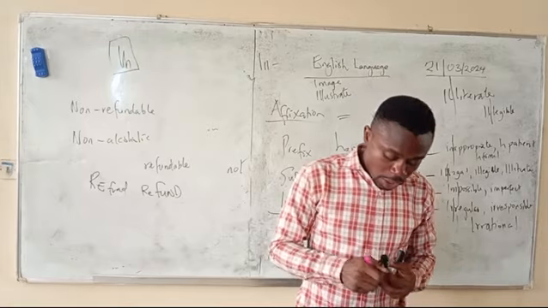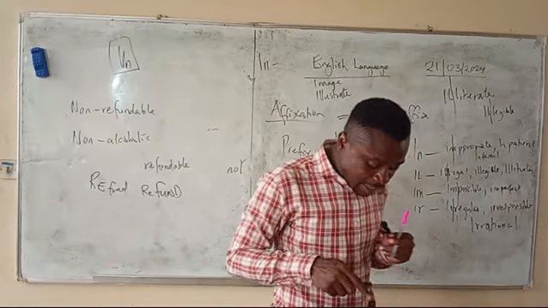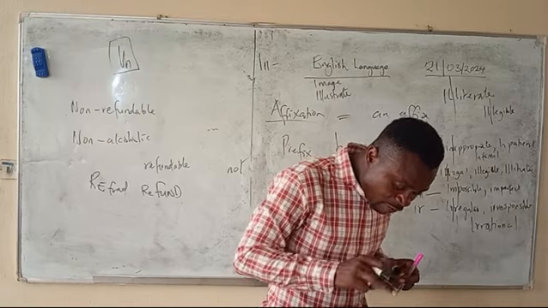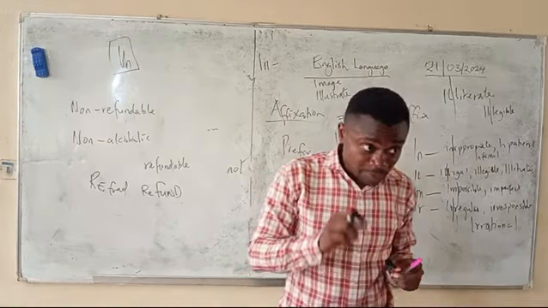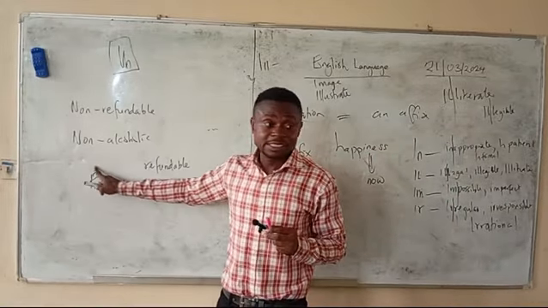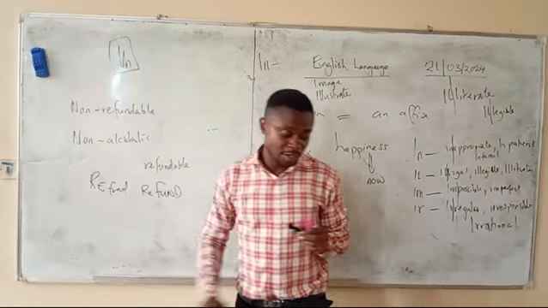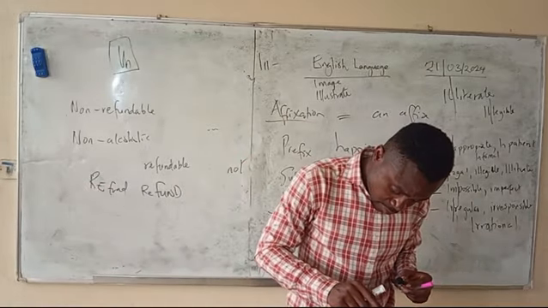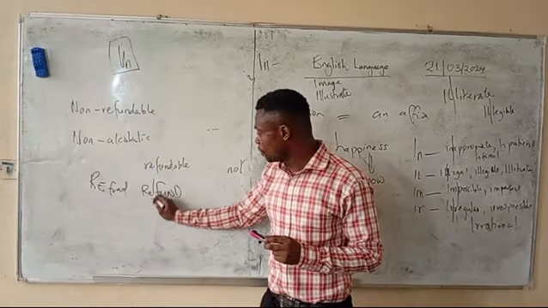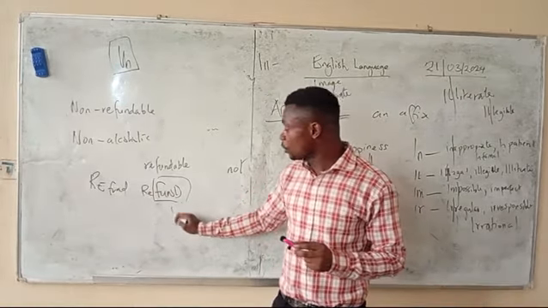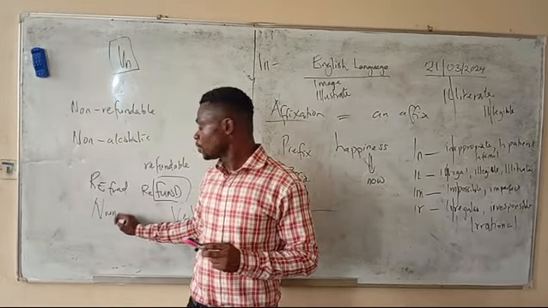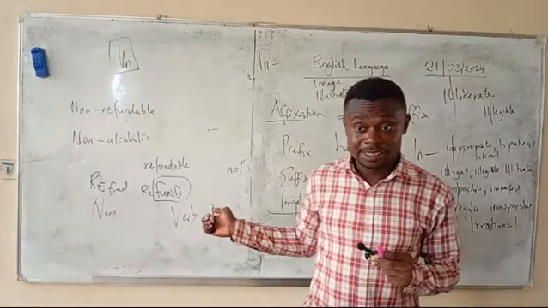So from this, how did they do this one? Refund. Refund is the noun, right? The stress is here. Can you see it here? Refund. But this one, refund, refund. See where the stress is. Refund. Okay? So this one is the verb, and this one is the noun. Have you confirmed what I said?